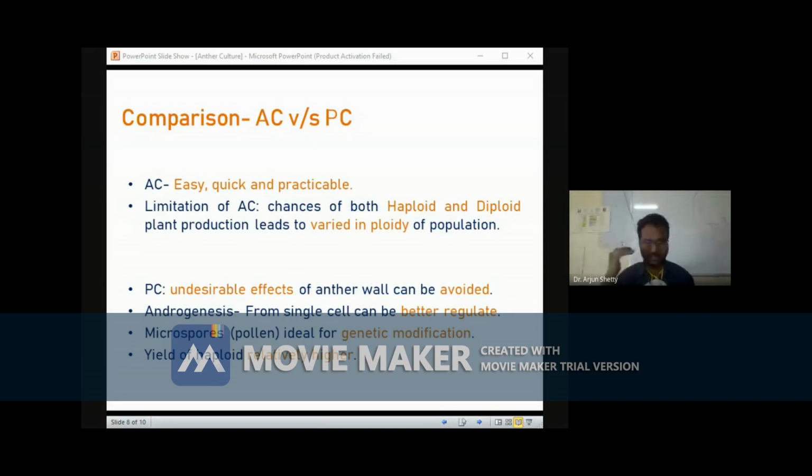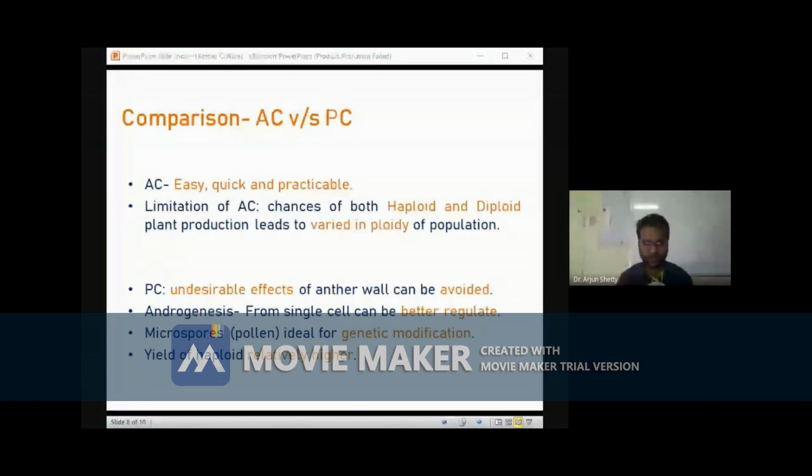Though the pollen culture is tedious, the production of haploid plants is very precise if the person is skillful, because there are no disturbances caused by any anther tissues. Only the pollens are going to be selected. The undesirable effects during the course of results can be avoided because the pollen culture doesn't contain any of the